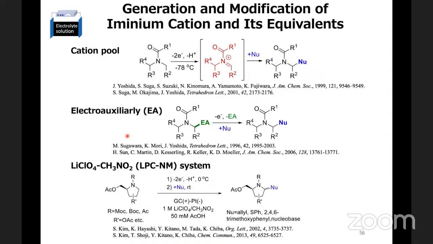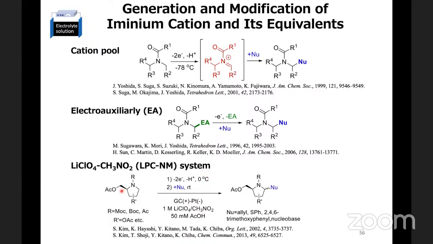The concepts of the two reactions mentioned above via the iminium cation have both been proposed by Professor Yoshida et al., and are called the cation pool and the electroauxiliary, respectively. These series of reactions and the development of reaction systems utilizing the characteristics of electrolytic reactions are a chemically useful method that utilizes a mechanism of electrode electron transfer. And I have been very interested in this reaction system. In such a situation, as shown below,